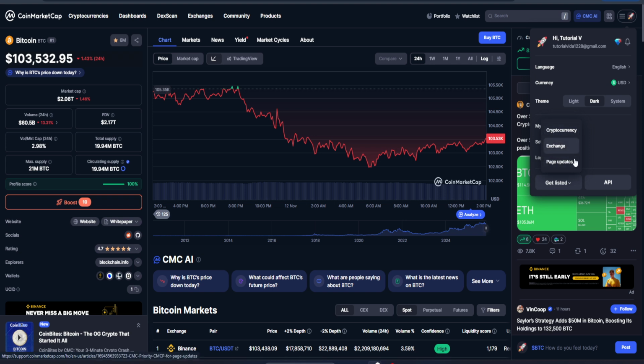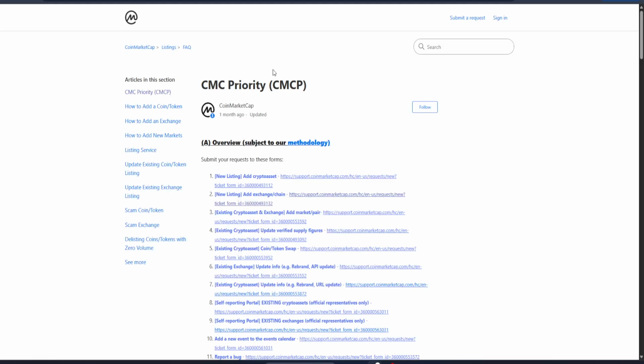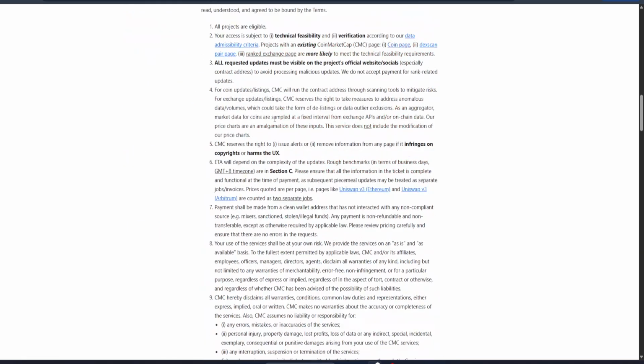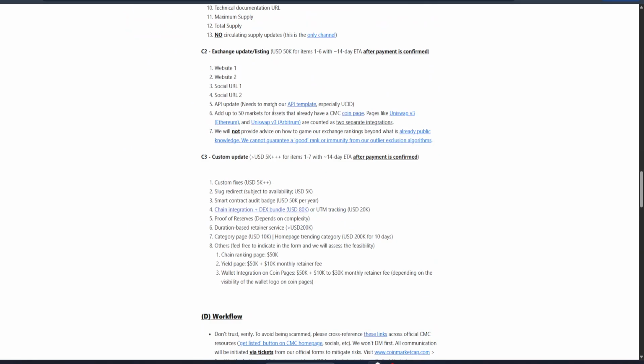This is a critical point because being featured among CoinMarketCap's listings can bring a large amount of attention and credibility to your project. After clicking, you'll be prompted to choose the specific type of listing you're interested in. Since CoinMarketCap supports various types of crypto assets, make sure you select the option that best fits your needs. This ensures that your listing is accurate and reaches the right audience. Choosing the right category is key, as it will optimize how your crypto project is presented and discovered by potential